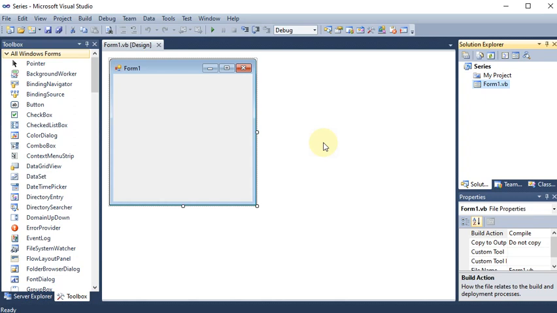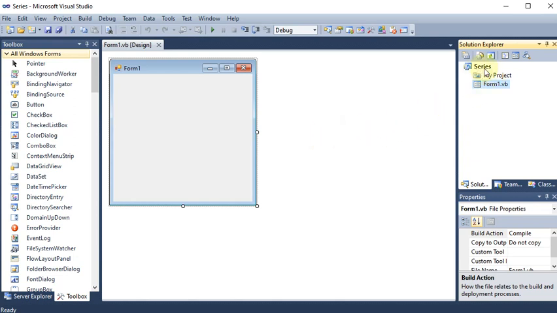Okay everyone, so now we are creating the Windows application. Here we are making a program where we will make a series which will start from 0.2, then 0.4, 0.6 and that will keep on going till 2.0, and we will perform this series using the while loop. So first of all we have created this application.